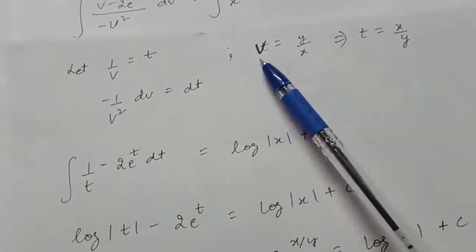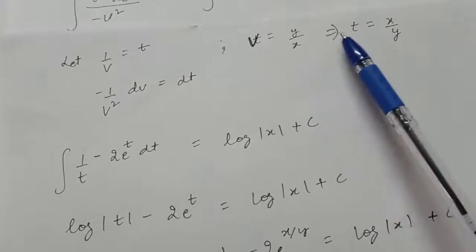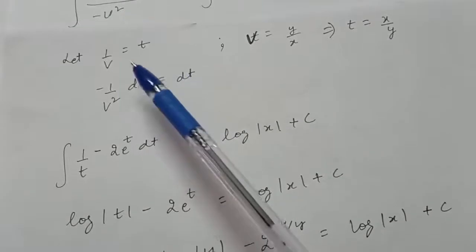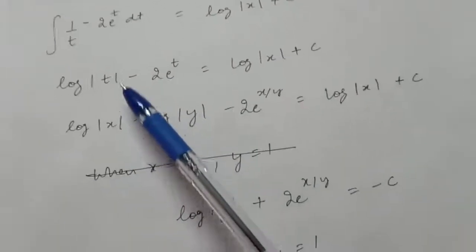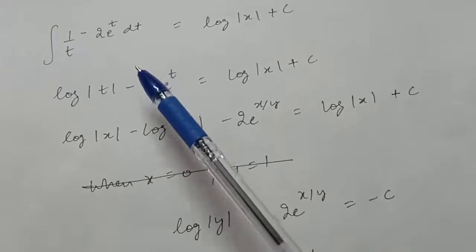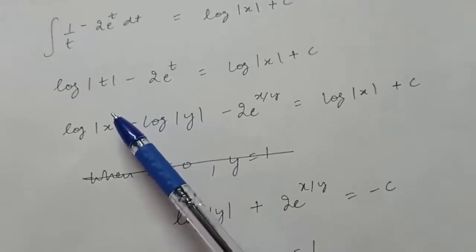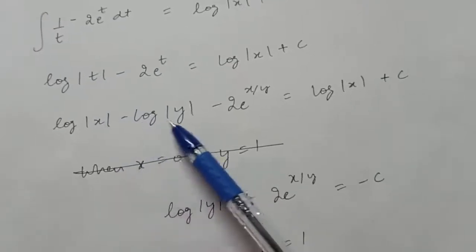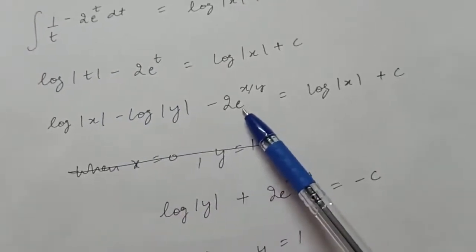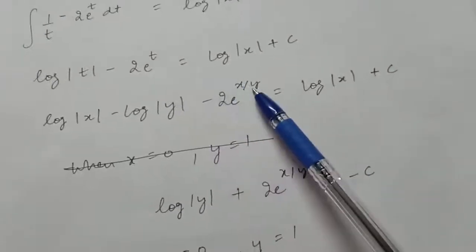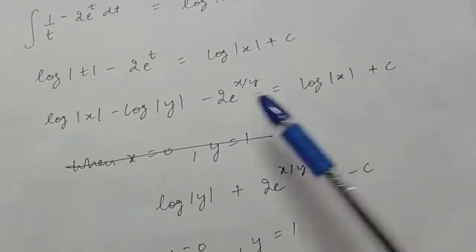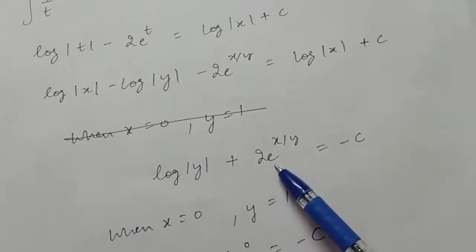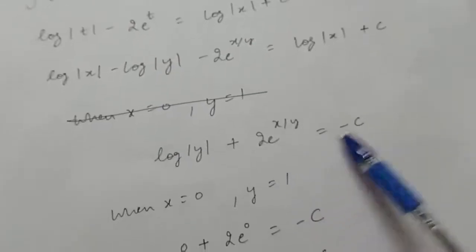Now see, v is equal to y by x. So t will be x by y because t is 1 by v, right? So in place of t here, I am writing now x by y. So log of x by y will be log mod x minus log mod y minus 2 into e raised to the power, in place of t, x by y. This term as it is. Now log mod x will get cancelled. So you will get log mod y plus twice e raised to the power x by y